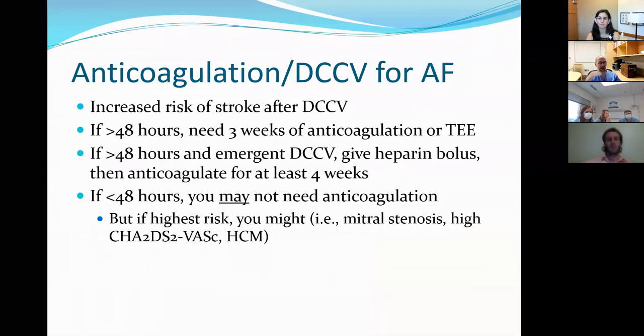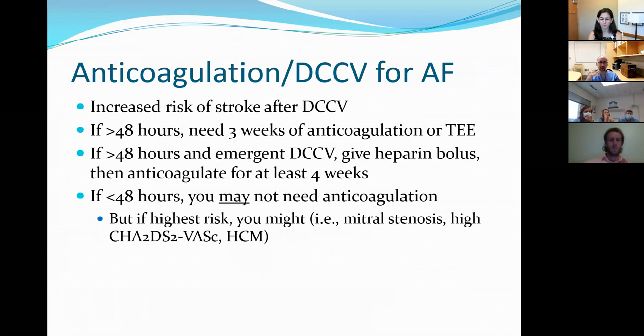Anticoagulation. One of the things that we know is that there is an increased risk of stroke in the first 4 weeks after someone has had a cardioversion. And it does seem like that risk is higher with a cardioversion versus someone just naturally going back in and out on their own. So if you have someone who is in AFib for over 48 hours, regardless of what their CHA2DS2-VASc score is, and we're not going to get into that,